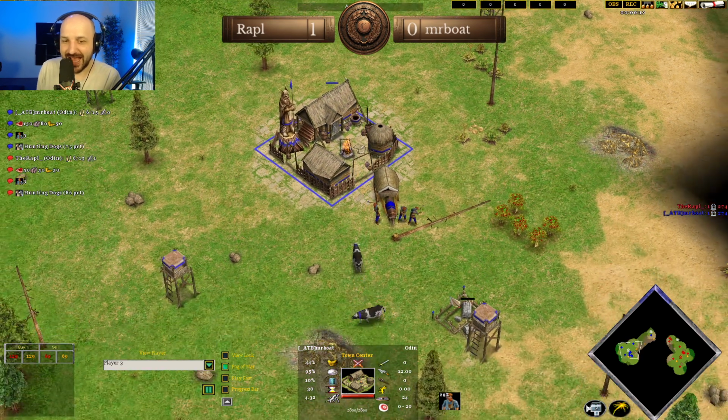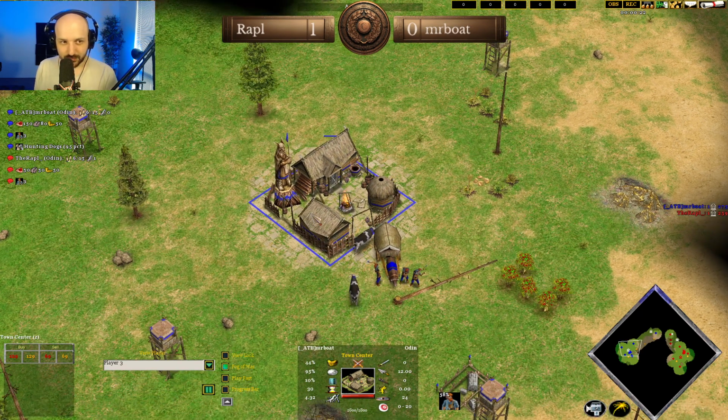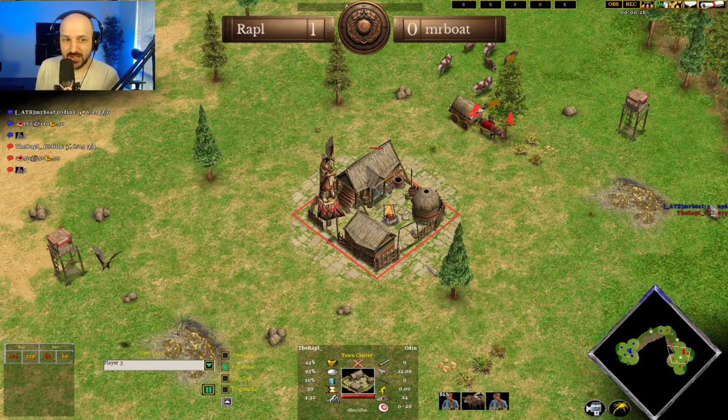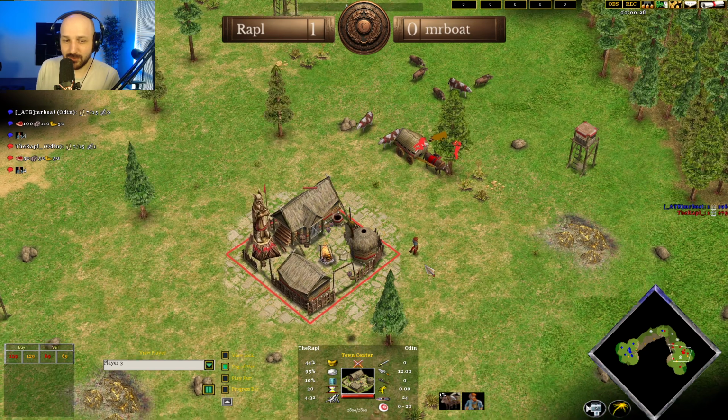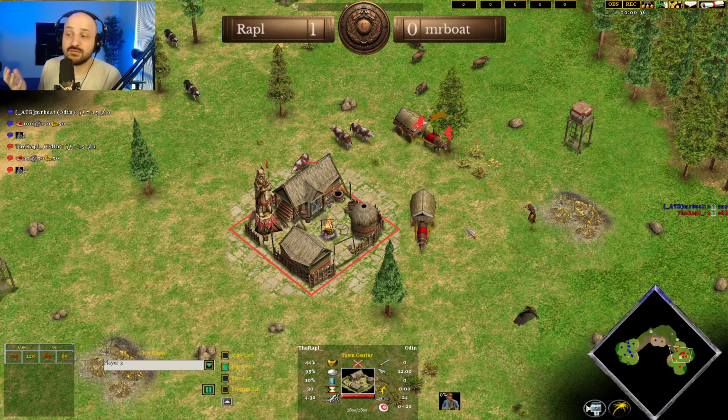The Titans action spawning in the left side of the map in the blue color, playing as Odin. His name is Mr. Boat. His opponent today in the red color, playing as Odin as well, is TheRapl. It's currently 1-0 in this best of 3 series for the group stages of the Osiris